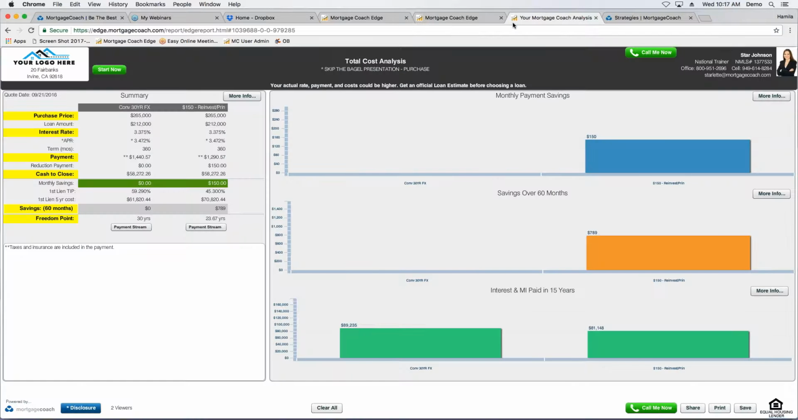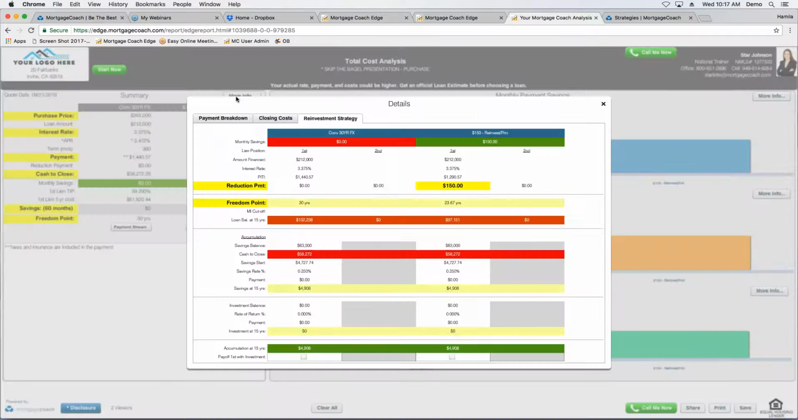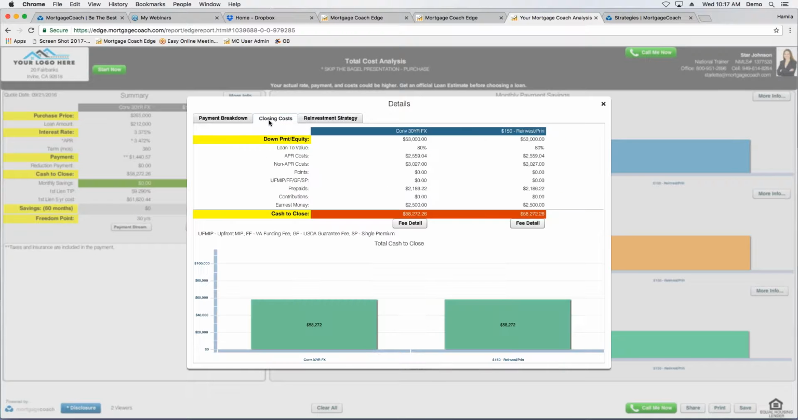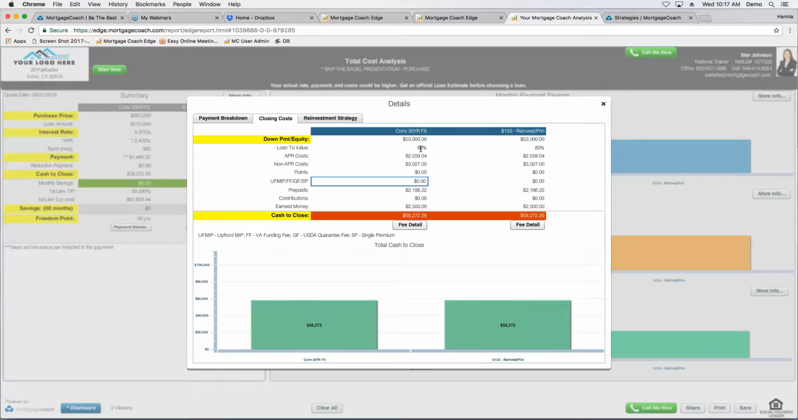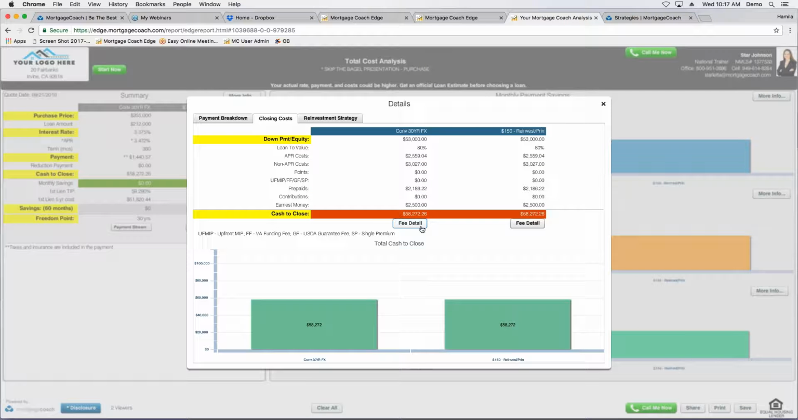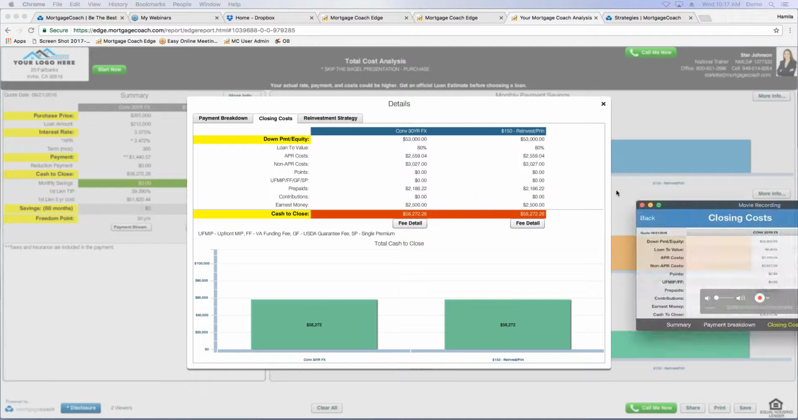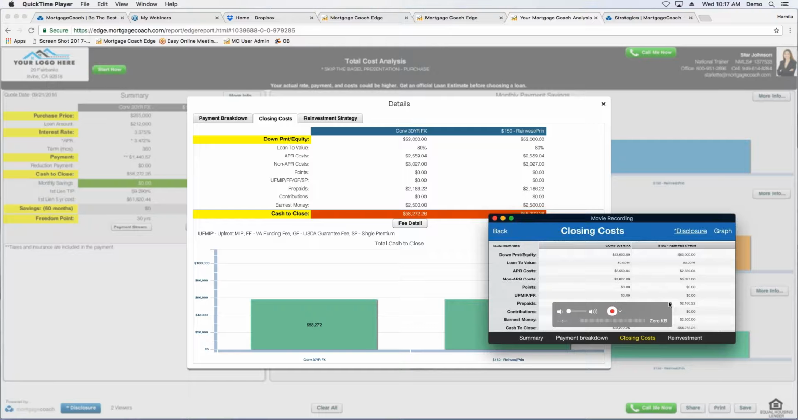If I look at my final presentation here, my customer has the ability to go behind the summary area to get more details. So if my prospect selects more info, there is a closing cost tab. And in the closing costs tab here, there's a fee detail button. If I group my fees, there will be no fee detail button here on the browser,